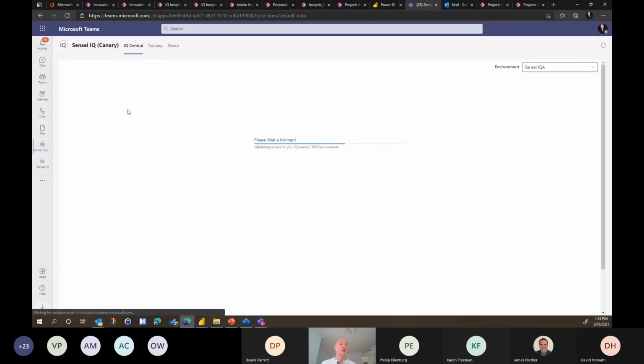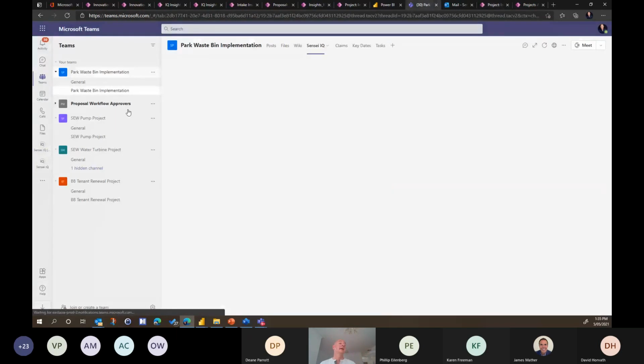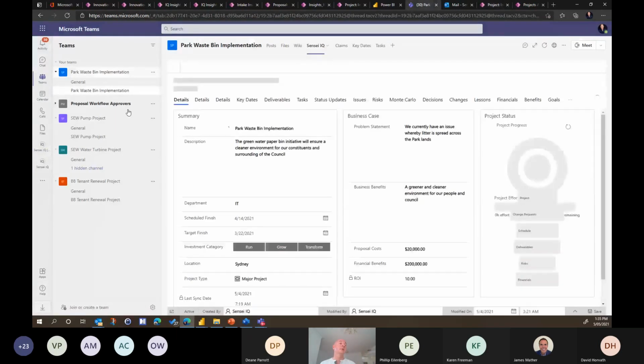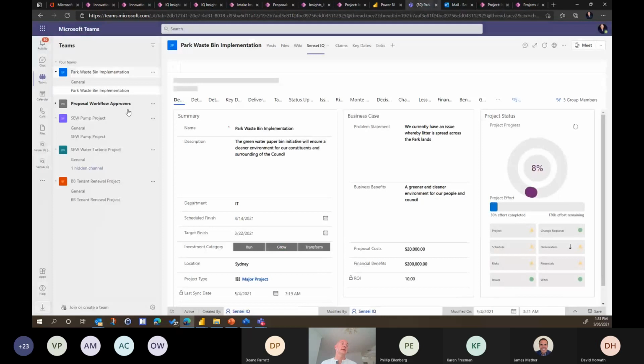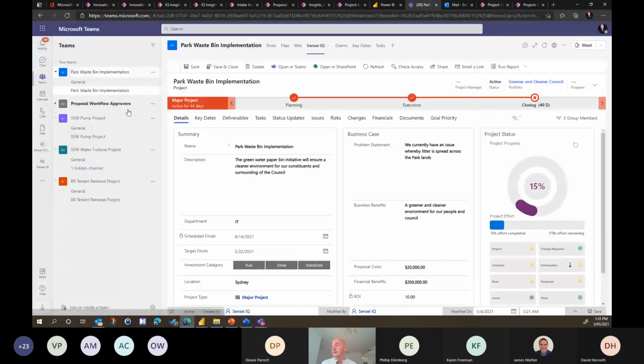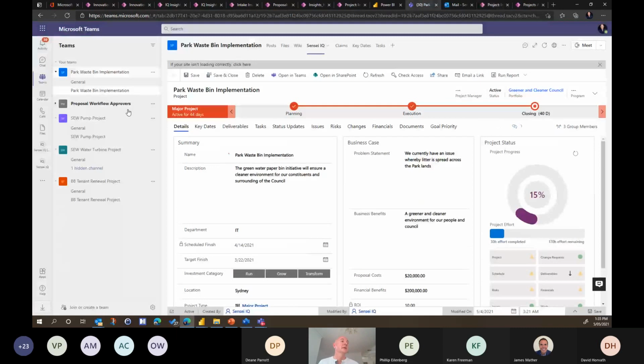And as a project manager, I can now actually work in my Teams environment from the initial idea. The information is, of course, now linked: idea, business case, project. And I can now invite, for example, in my instance, I want to ensure that I have a vendor that installs all of those paper bins, all of those park bins, and I can invite that external vendor now to participate as part of my team's collaboration capability, where